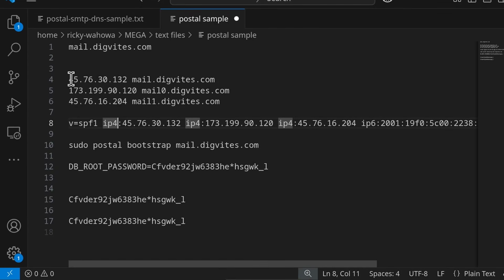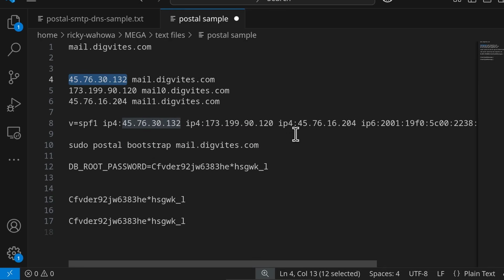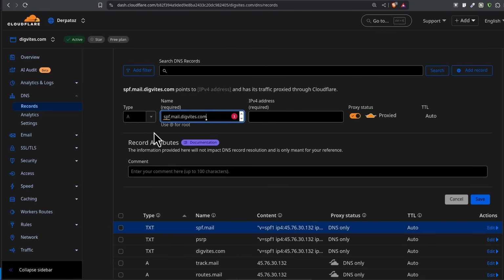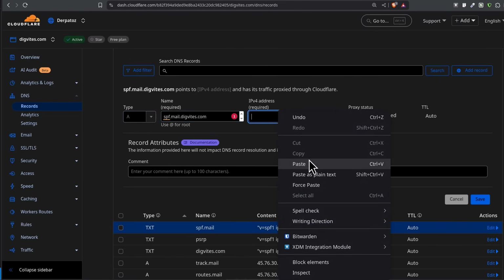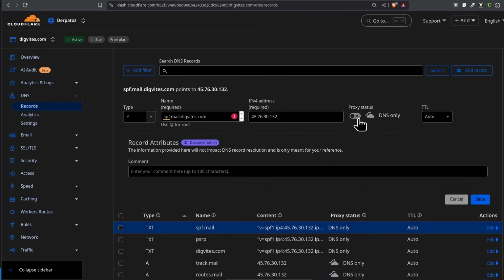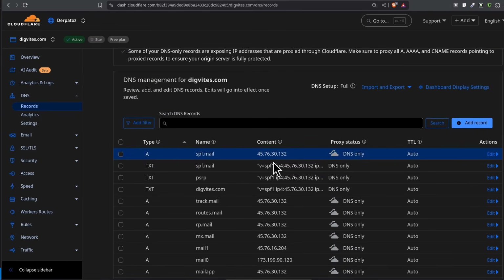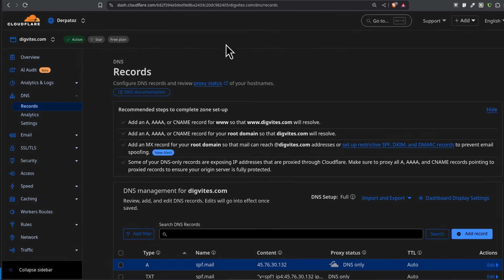So I'm going to use the main IP for the server. And you can also add for the IPv6. So if you want to add for the IPv6, let me paste first. You're just going to use the A record with the same record, and then you add the IPv6 record there, and then turn on proxy. So at this point, we have lots and lots of records.